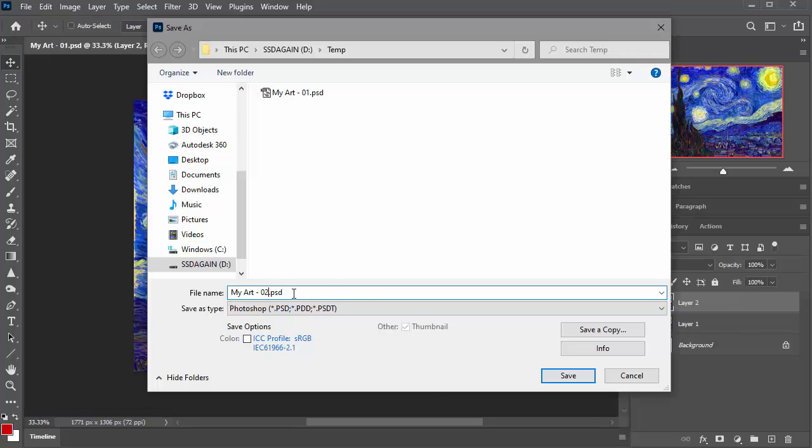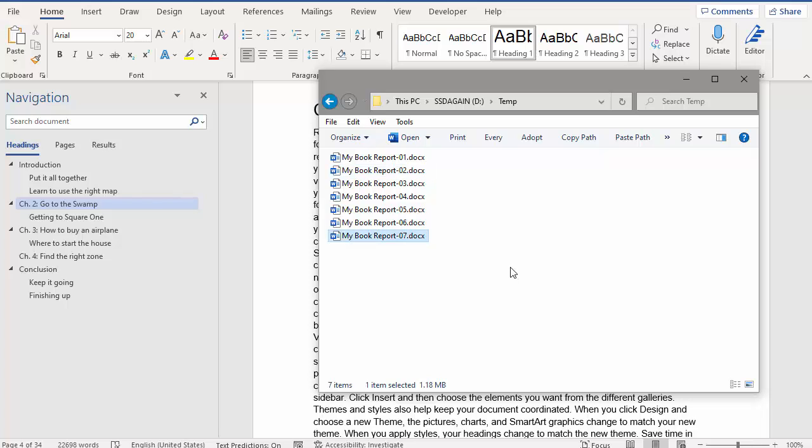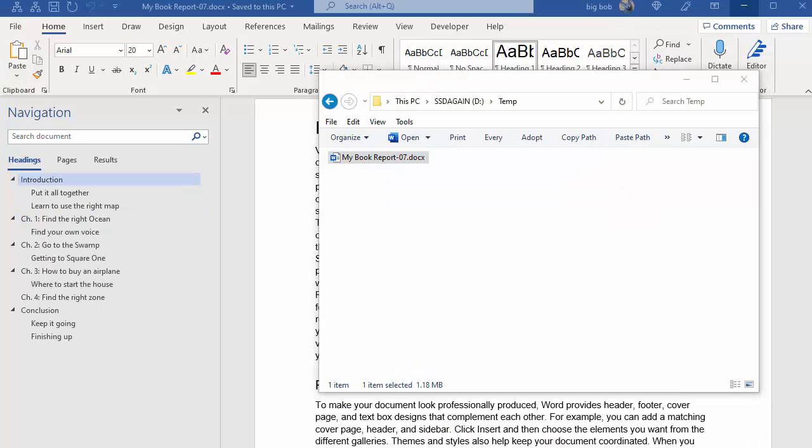as a backup file. And then at the end of it all, when you're all done, when you're ready to turn in your book report, when you're ready to turn in your project, when everything is complete, when you've double checked it, then you can just simply come here and delete all these items. Just send them to the recycle bin and you're done. You don't have to worry about the previous states of the project once you're happy with the final state of